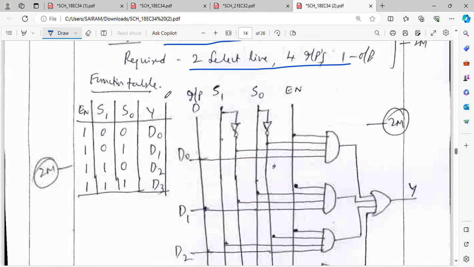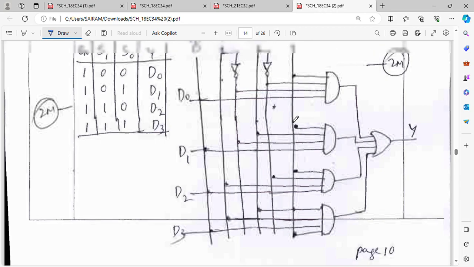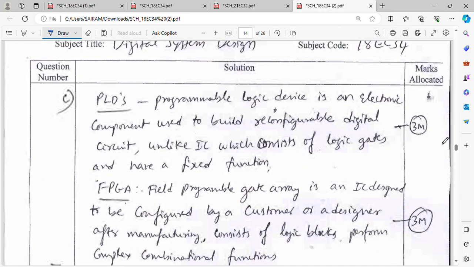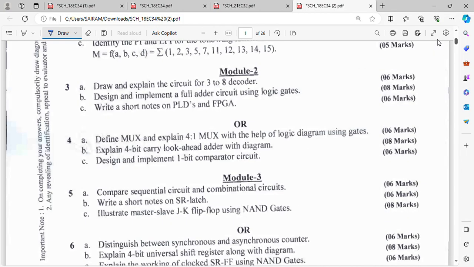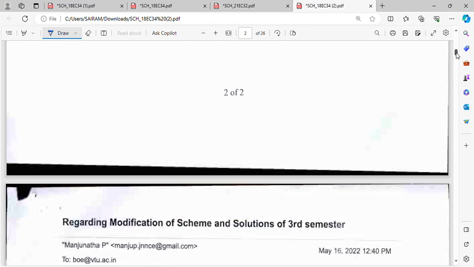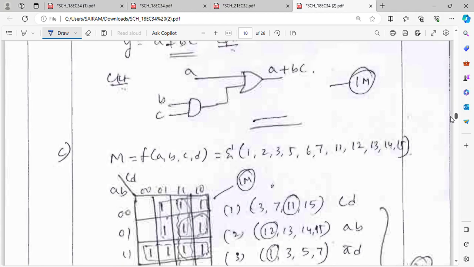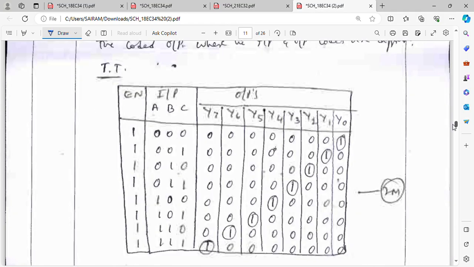So what you have to do is write the functional table. And this is the diagram with respect to the 4:1 multiplexer. So this is your 4a question. The 4a question is nothing but: define multiplexer and explain the 4:1 multiplexer with the help of a neat logic diagram. So first write the multiplexer definition, then write the 4:1 multiplexer, so here you can see that,